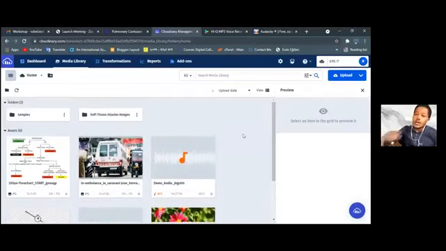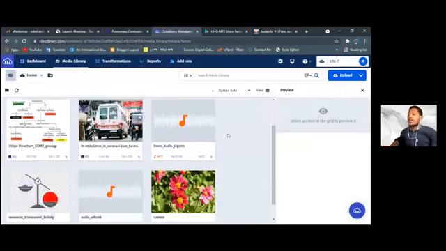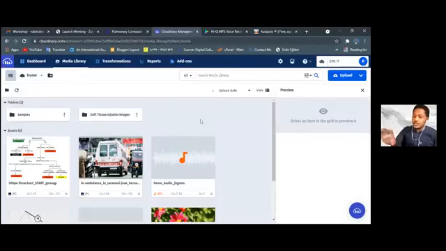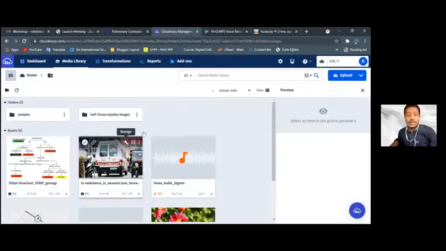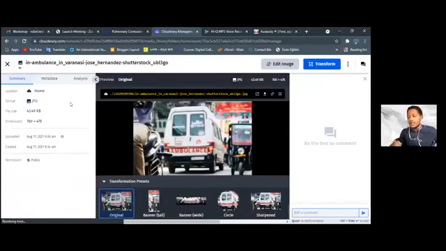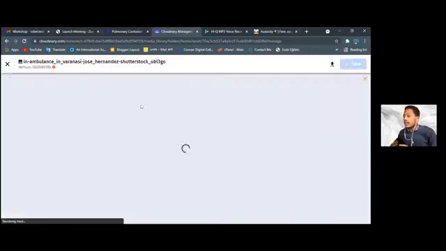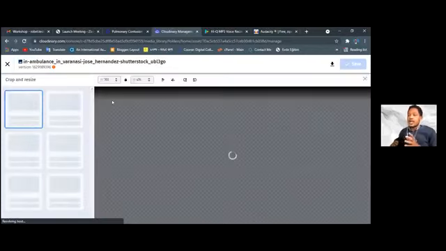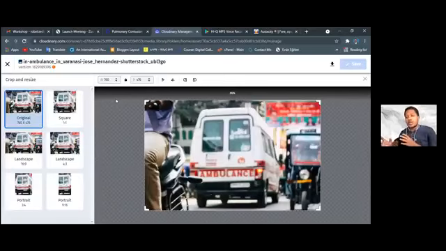So after we got our image, first we download it into our PC, then we upload it into Cloudinary. It's just as simple as drag and drop. After uploading, it will allow us to manage the image, meaning editing the size of the image, the width and the height of the image, the orientation, if we want to crop that image, and if we want to adjust how the image would appear.